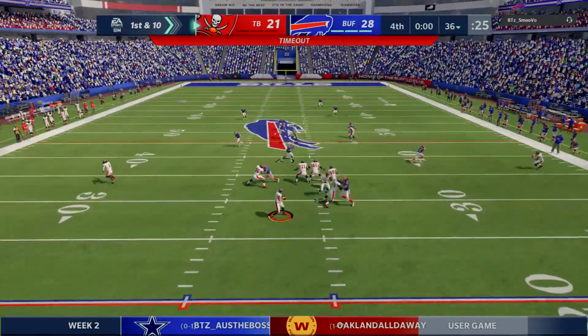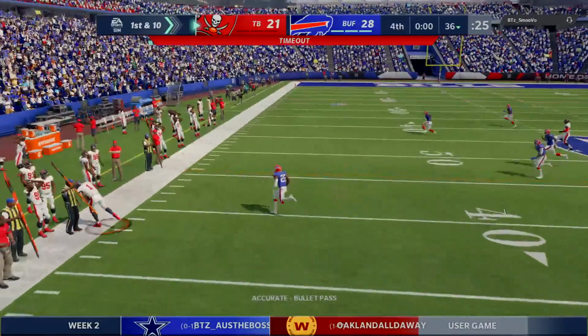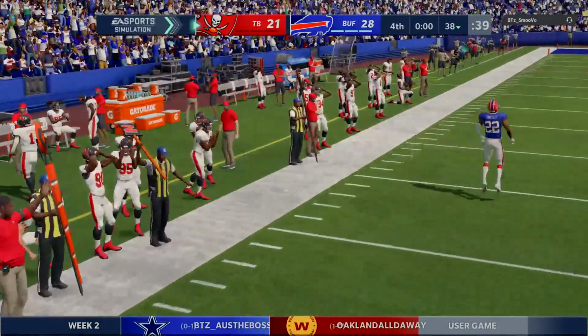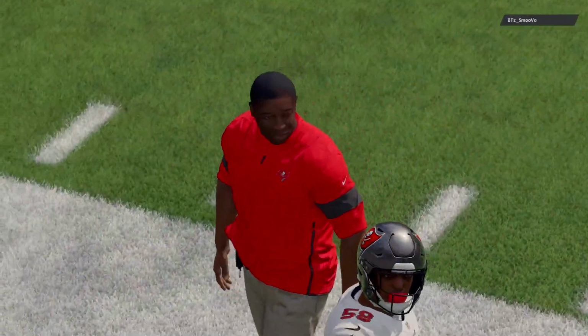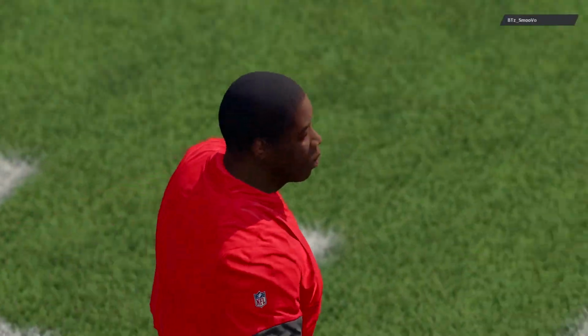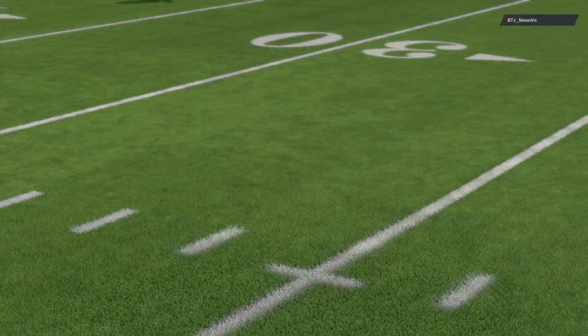One final shot. They'll look to throw. He's going to hit his man out of the backfield, complete. And he gets this up across the 35 before he's out of bounds. 21. Well, going into the final play of this game, they knew that they needed some type of a miracle